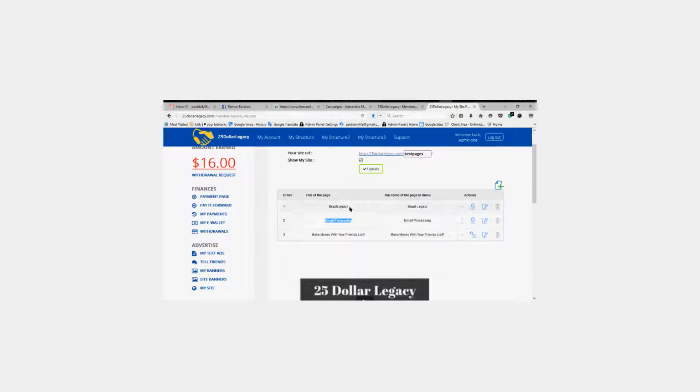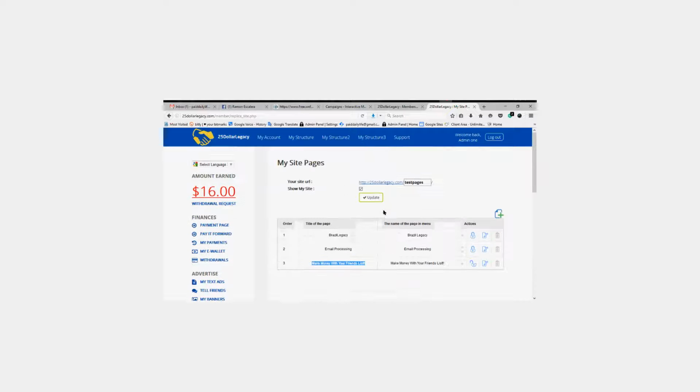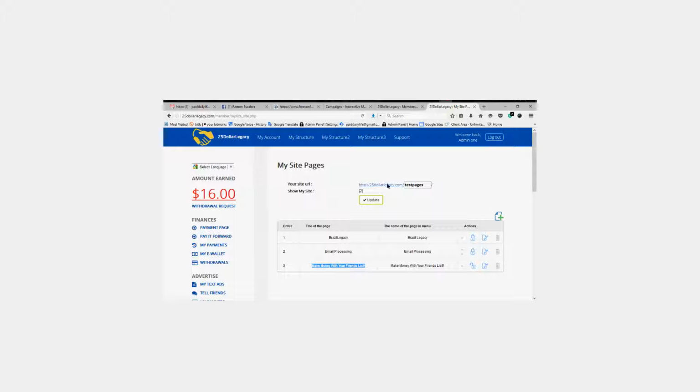As you can see, these are different templates that I've used to create these trainings on building your sales page. For you, if you're getting started for the very first time, you will not have any. First and foremost, you have to add an actual name of that sales page. So if you're selling candles, you're going to put candles at the very end, and then you're going to check this box and you're going to click update.